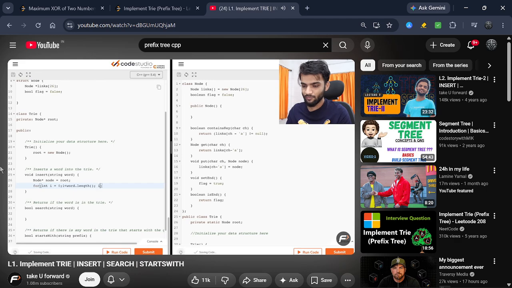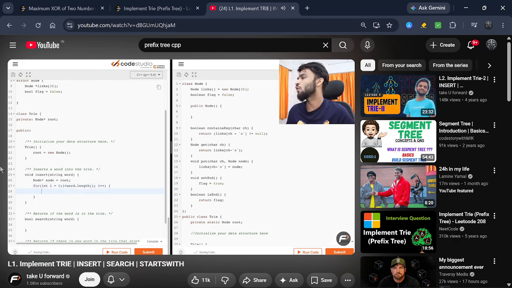Now, what do we want to see? The word I, because we need to check if the character, what's the character? The character is word I. Does that exist in your try or not? So for that, what I'll do is,